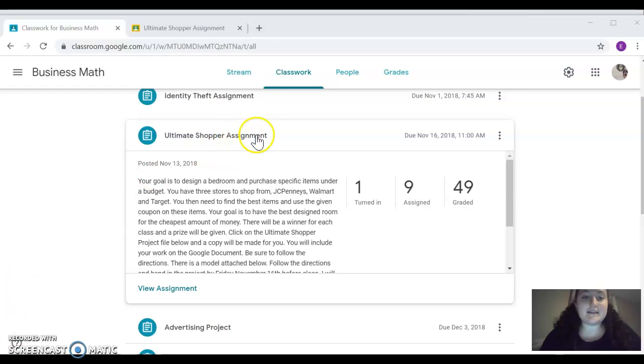Hi guys, today I'm going to show you how to understand our Ultimate Shopper assignment. So the purpose of this assignment is for you to design a bedroom. You are to buy specific items and stay within a budget. You can shop from a couple stores, you'll have a couple coupons to use, and your goal is to have the best looking room, with quality items for the cheapest amount, and use the coupons most